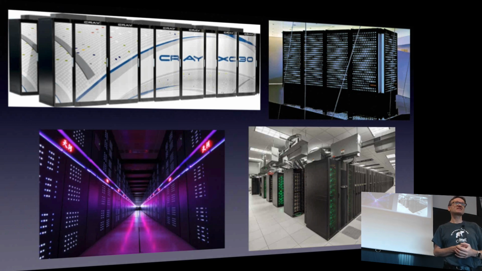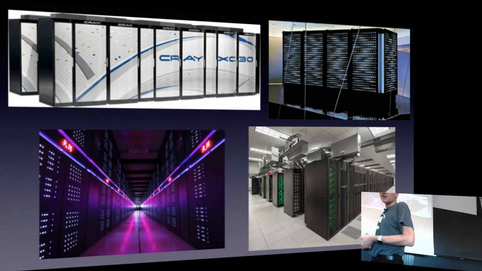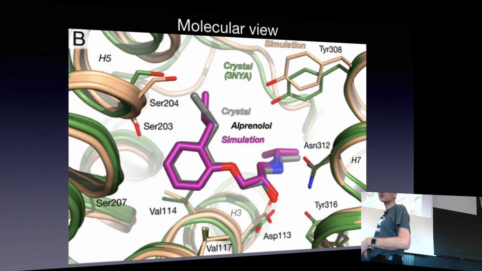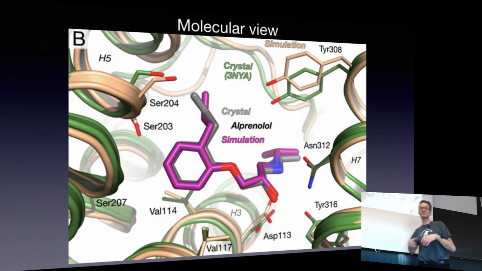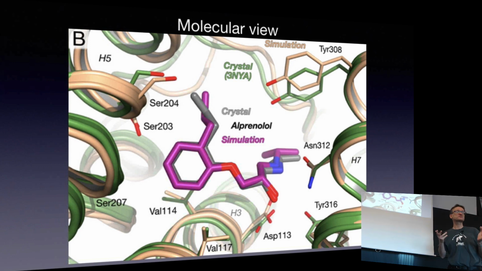Again, this was science fiction when I started my PhD in these topics, but today, any modern drug you design has partly been designed in a computer. It's too inefficient to do it in the lab. So what that allows you to do, you can, for instance, compare the docking, and again, that would basically mean the computer trying to predict how this small drug should bind. And what you see here in purple is how the computer predicted that it would bind, and what you see in gray is the X-ray crystal structure, how it actually binds.